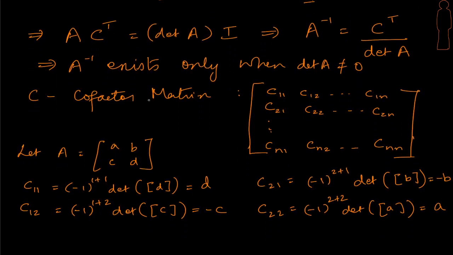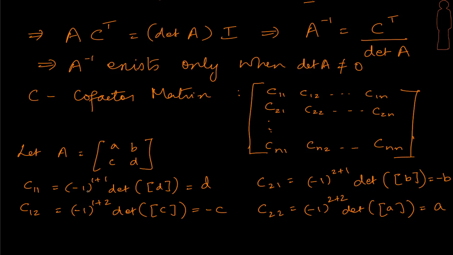So this is what we said, that the C is called the cofactor matrix, and it has the proper indices in their positions, not the other way, whereas C transpose would be the transpose of this matrix. Let's take a simple example, 2 by 2, I have A, B, C and D. I want to calculate the cofactors. Let me give you 1 or 2 examples here.